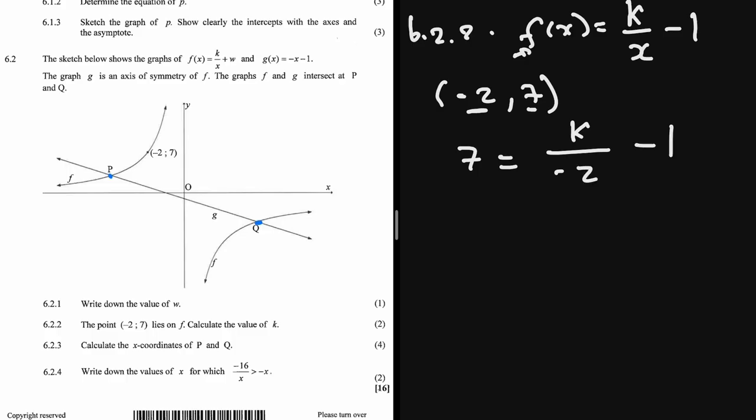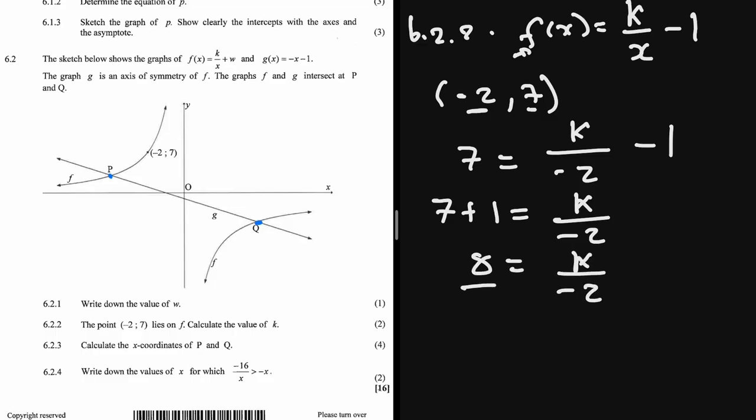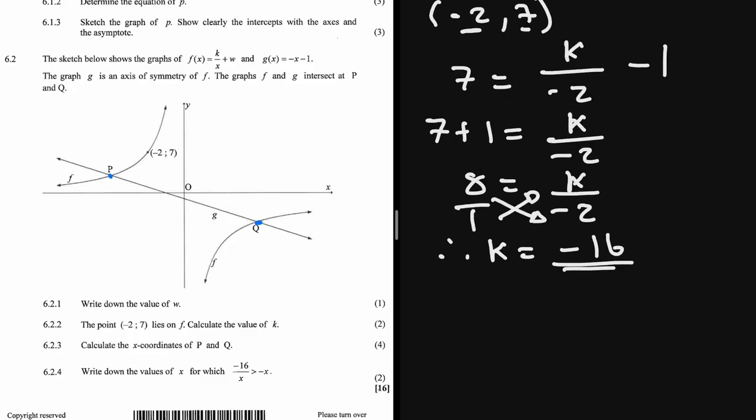So if we take 1 to the other side, this is going to be 7 plus 1. And then we have k over -2. And then 7 plus 1 is going to be 8 here. And then we have k over -2. So if we cross multiply here, that means k will multiply with 1, 8 will multiply with -2. We'll therefore find the value of k to be equal to -16. Okay, so if we have the value of k as -16, we can write our equation to say now,